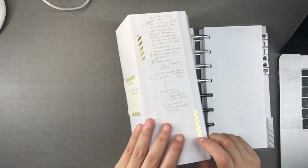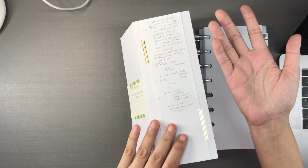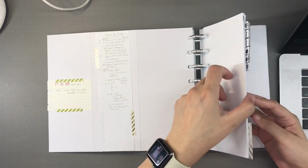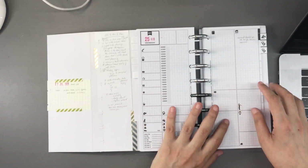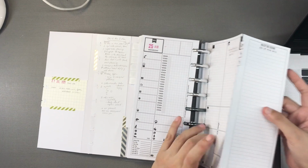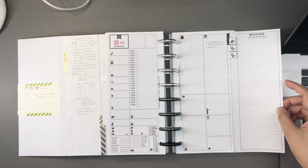Like here, I have a list of the talking points that I want to mention in this video about how I plan. I decided to have this additional thing on my planner because several days ago, I randomly rewatched one of my older videos called How My Planner Fits as Part of My Work Desk. I will link that video down below, but just to give you an idea, in that video I showed how